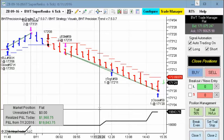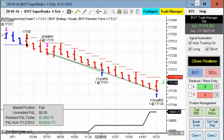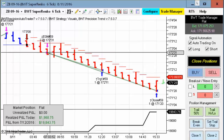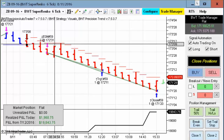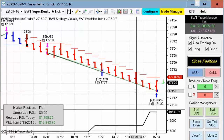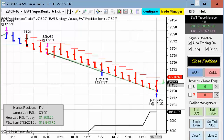Okay, it was a really great day for the auto trader today. This trade in the bonds is about as perfect as it could get, as our entry was pre-open. The system starts trading earlier because a lot of times moves in the bonds start before the actual regular session open. So we had excellent placement here, short at 172.31 and closed almost at the low of the session